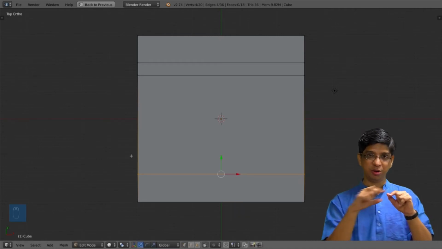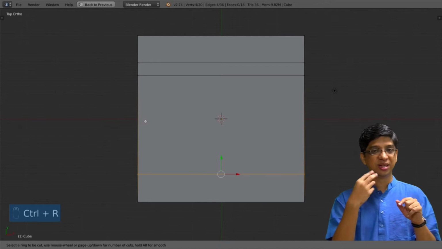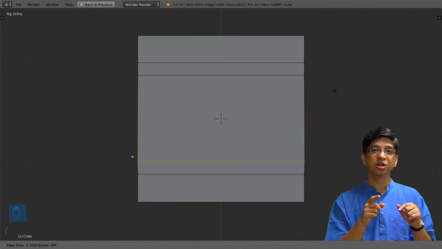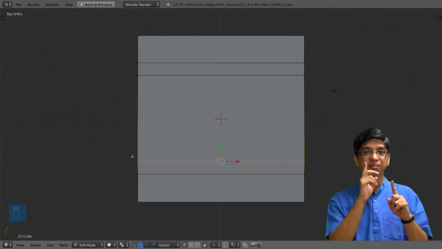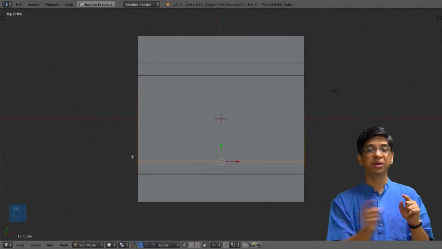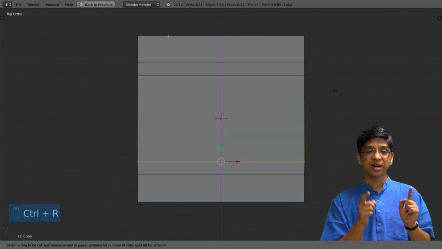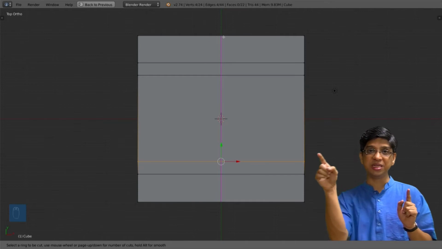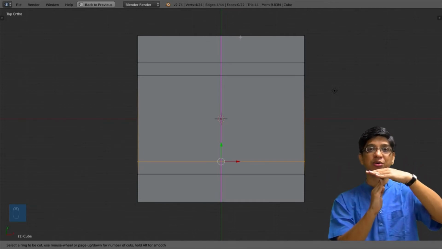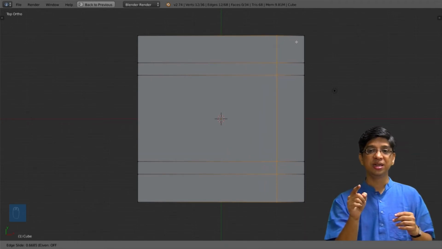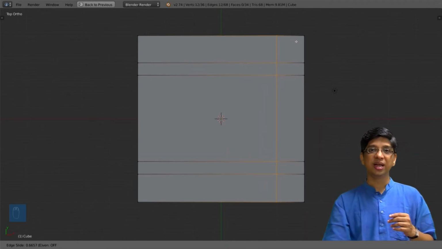Now he will add it for the bottom area, the third one and also the fourth one. Remember, you have to hover your mouse on the edge where you want the loop cut to be inserted. So observe when Nitin is doing it. Now he is trying to do it for the vertical ones, and for vertical he hovers on the top edge because the cut will always be perpendicular to it. Once he goes there, you see this orange line emerging, and he will insert the loop cut at that position.